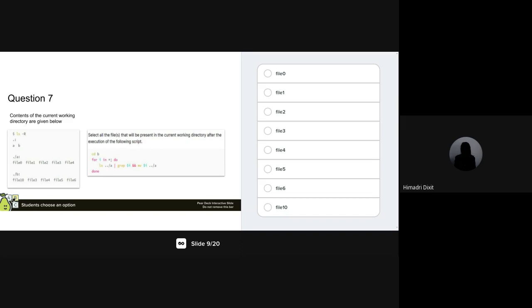Did I do some mistake? Okay, so we are taking everything that is in A and giving it to the grep command. So if a file is present in A, okay, no, wait.